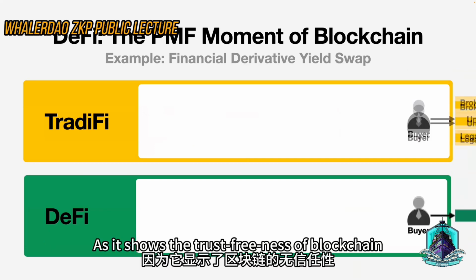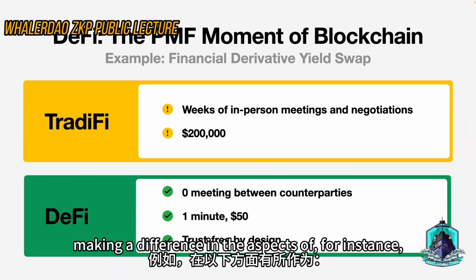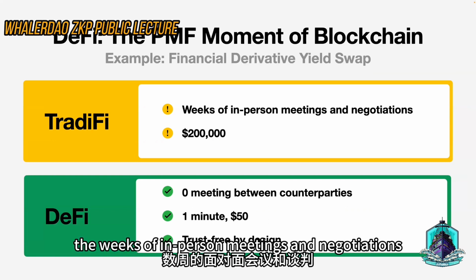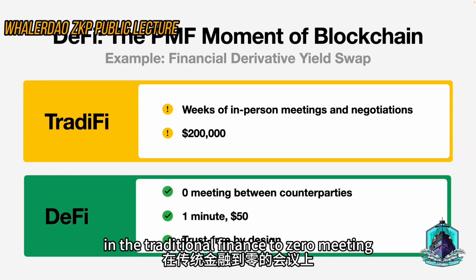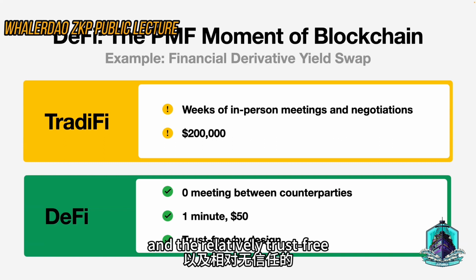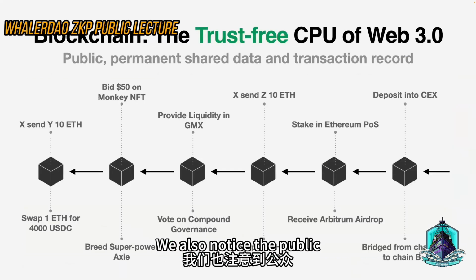It shows the trust-freeness of blockchain making a difference, for instance, from the weeks of in-person meetings and negotiations in traditional finance, to zero meetings and one click of a mouse, and relatively trust-free interaction between the counterparties in DeFi. We also notice the